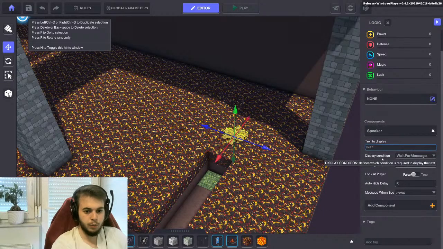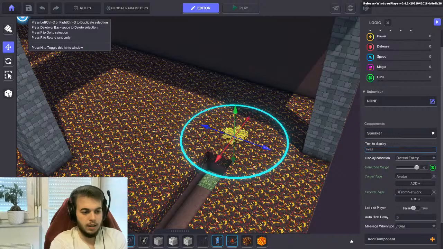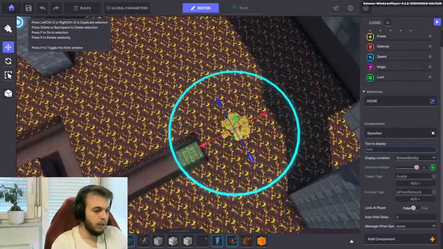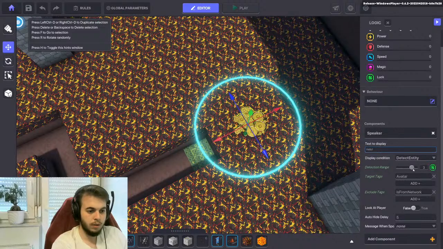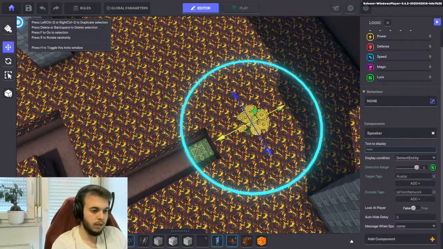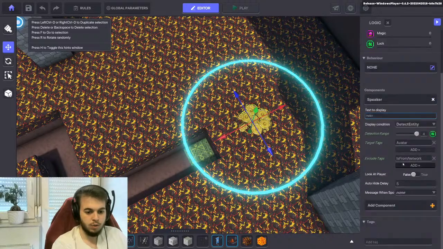and okay, so we are in the advanced options already. So let's detect entity when the player, let's make it a little bit smaller. Okay, so we don't really have that many options here. So when the player moves basically here, because it can't move anywhere else, it should detect it. So there's that. Look at player false, and then message when spawn would be